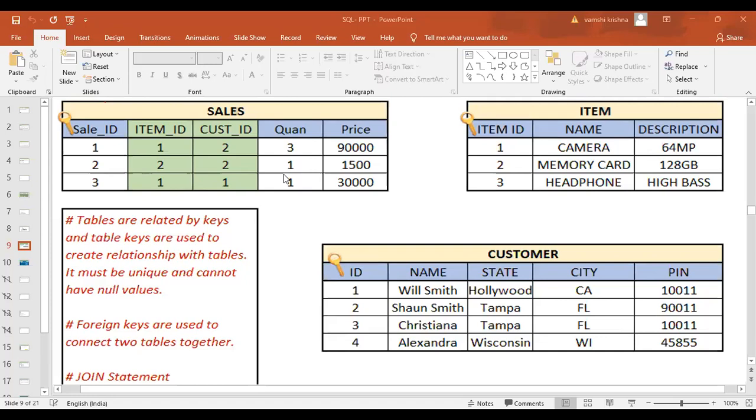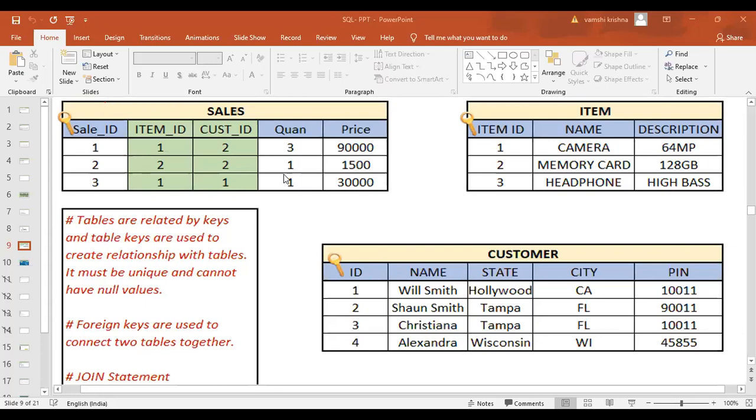If we see the sales table and row number 1, customer ID 2 means Sean Smith and quantity is 3. So whether Sean Smith purchased 3 quantity or what? 3 quantities, yeah, 3 cameras he purchased. Okay. Yeah, got it. Ma'am, from this table, you are saying that Will Smith bought 3 cameras.